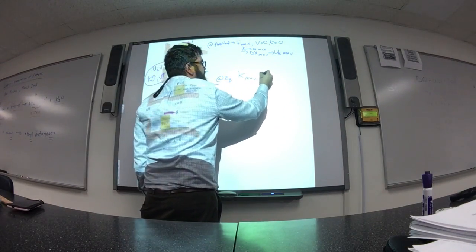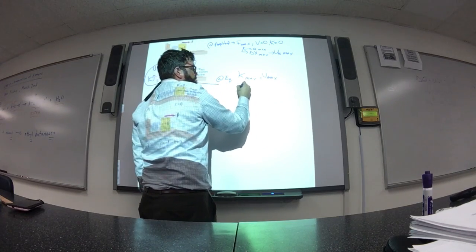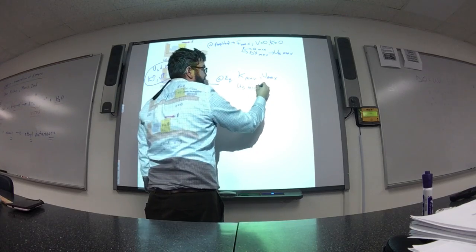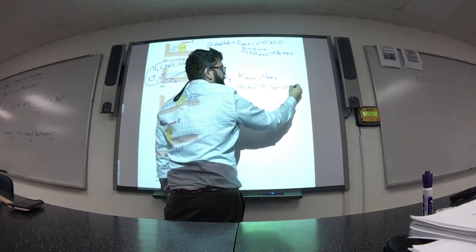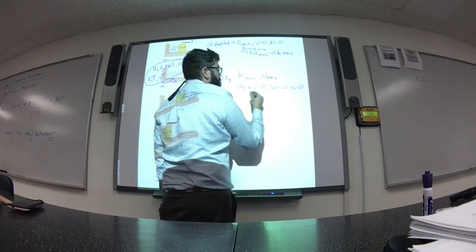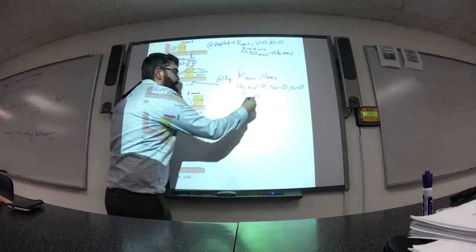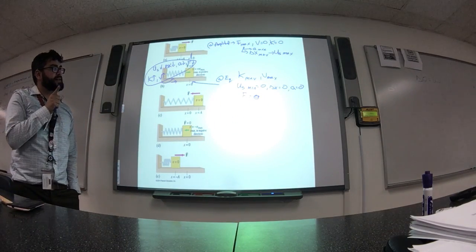K is max, the velocity is max, U spring is not just minimum, but it's actually 0. Delta x is 0. The acceleration is 0. The force is 0. That looks like a 0. Okay. And then it's going to go